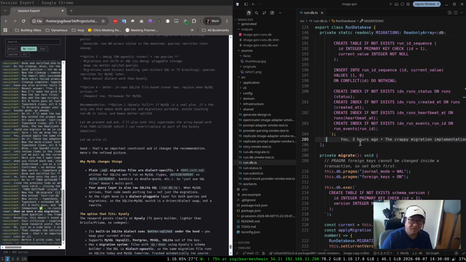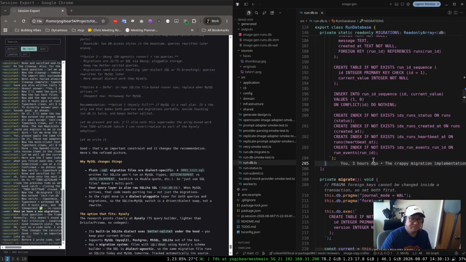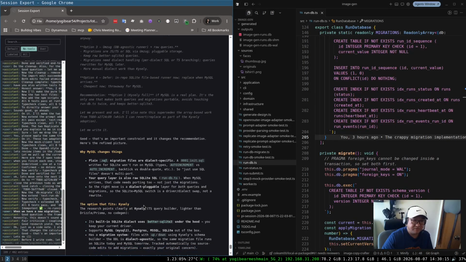It implemented it. I don't have the code here. Actually, I worked on this on a different computer. But the main